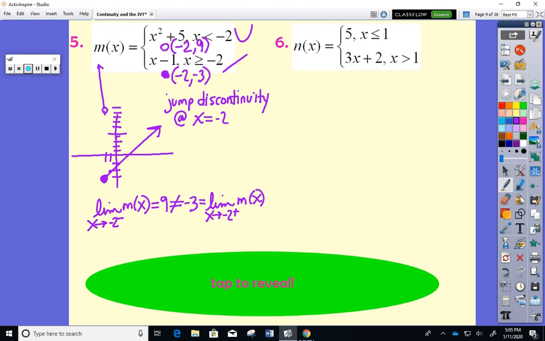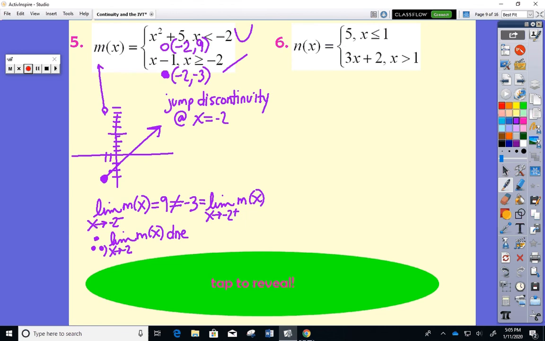So I'm going to say, therefore, let me get rid of the extra little dots that just showed up. I didn't actually touch the board there. So therefore, and I'm going to use my mathematical symbols to make it quicker. Therefore, the limit as x goes to negative 2 of m of x does not exist,